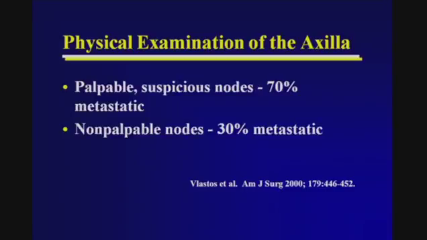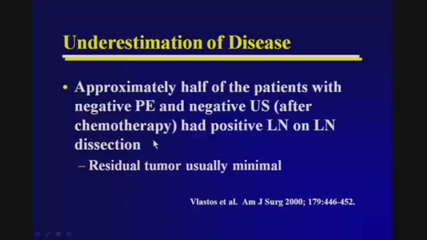In general, when we think of physical examination of the axilla, if there's palpable suspicious lymph nodes, 7 out of 10 of those patients will have metastatic disease. If there's no suspicious lymph nodes identified on clinical examination, about 3 out of 10 of those patients will have metastatic disease. There are limitations